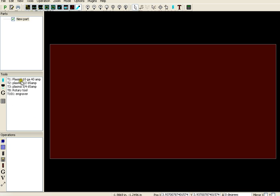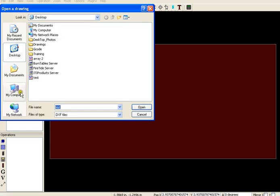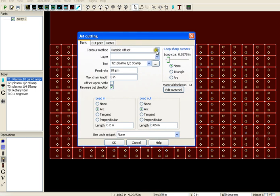And I'm going to select this 10 gauge tool, import my part, that's on my desktop as Array 2. There it is, and you can see that everything looks good. It's symmetrical. I'll set up my operation, outside offset, default layer,